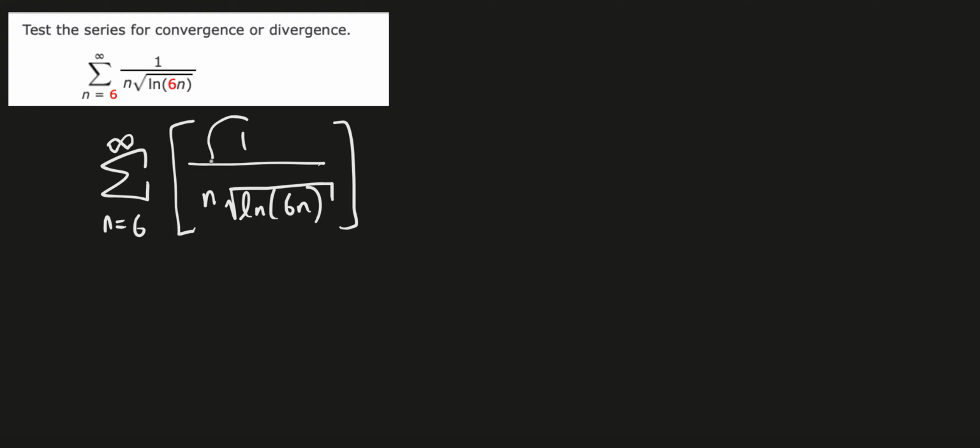We have this 1 over n here. And when you take the derivative of a natural log, you get 1 over something. If it's just natural log of x, you get 1 over x. If it's natural log of 5x, you get 1 over 5x, but then you have to multiply by 5, so the 5's cancel, and you still get 1 over x. That's interesting, because if you decide to use the integration method for 1 over n times the square root of the natural log of 6n,